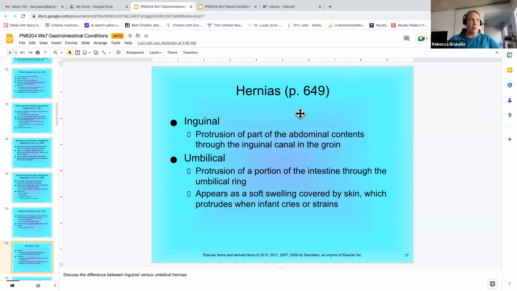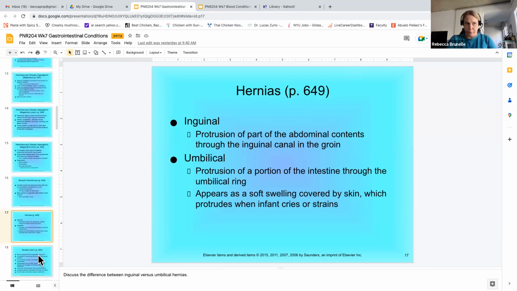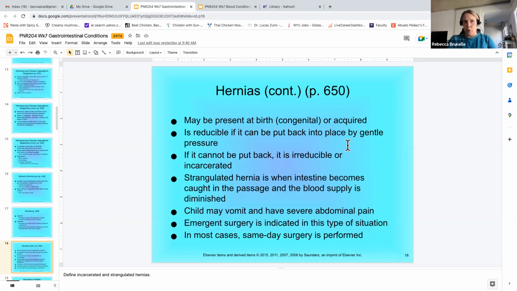So generally it's when abdominal contents, either part of the intestines or the fat that surrounds the intestines, push out through the muscle wall. So you'll see a bulging coming out. In kids, you'll see it in two places: inguinal, which is going to be in their groin, and umbilical, right where their belly button is. So you'll see an outpouching, and it's actually the intestine or the fat that surrounds the intestine that pouches out through the abdominal wall. Babies can be born with hernias or they can develop them over time, so it can either be congenital or acquired.